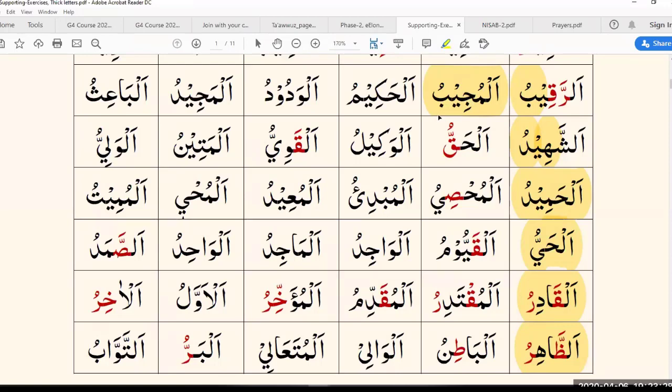Exactly, very good. So the ba and the jim could be Qalqalah letters if they both had sukoon. If we pause, then the ba will have a sukoon and we can read it as a Qalqalah letter. So can you read it in continuation and in pausing, please? Al-Mujibu. Al-Mujib. Good. That was really good.